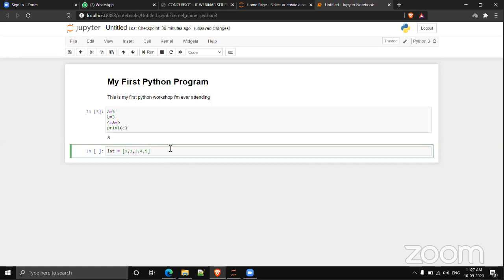From this list, we have to generate another list, SQR, having the squares of the numbers in the list LST. So how can you do that?